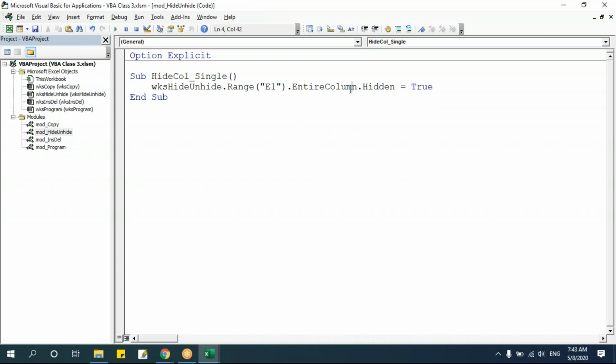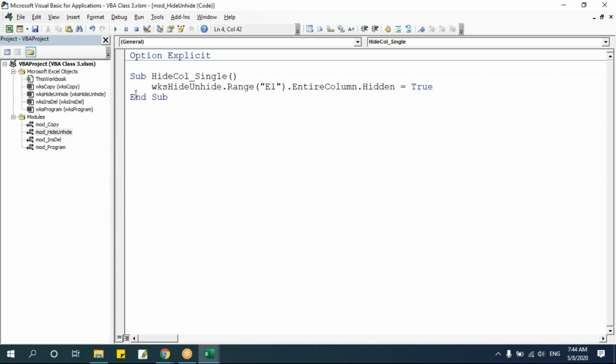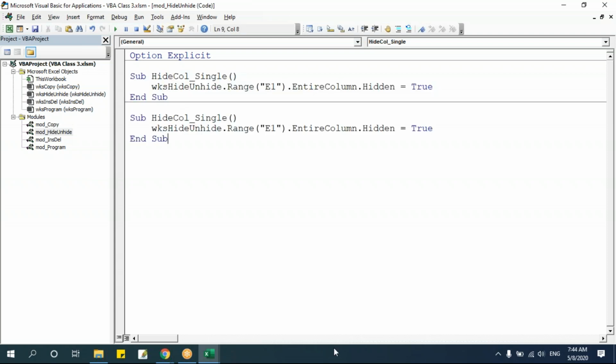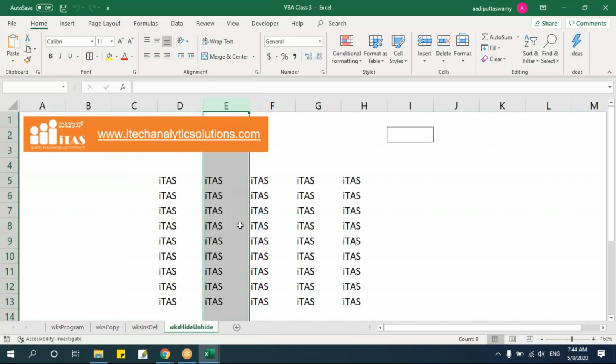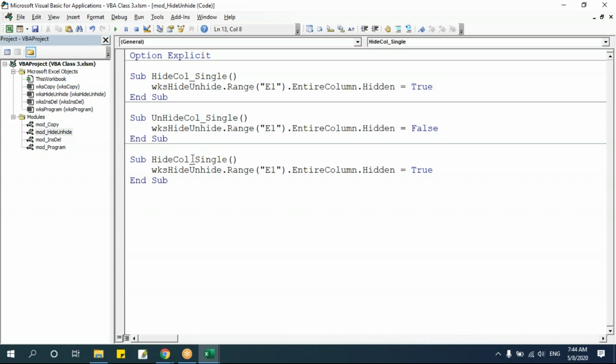Now when I say hidden equals true, if I run it, see, the column will get hidden. If you want to unhide, copy the same thing, put it here, we'll say unhide, here we'll say false. Just turn this true to false, that's it. Now if I run it, see, it will get unhidden. This is for a single column. Suppose you want to do the same thing for multiple columns, go here, I'll say hide column multiple. Now you have to mention E1 to G1 entire column dot hidden equals true. I'll run it, see,